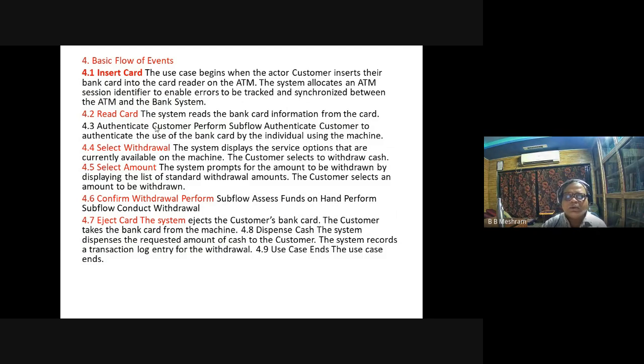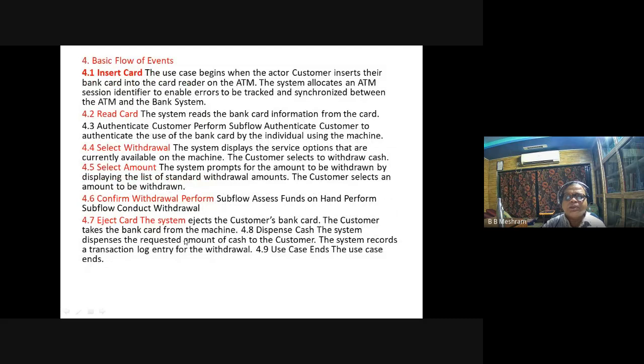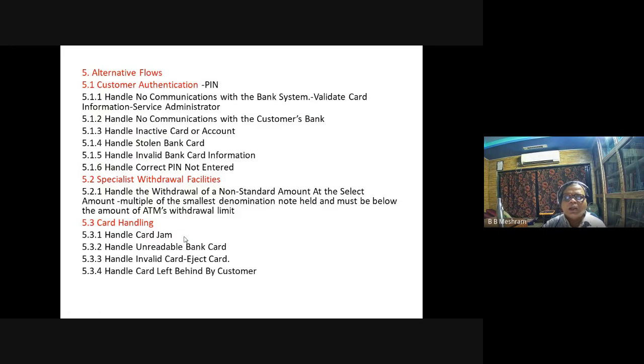Third basic flow event is authenticate customer, which performs the flow authenticate customer to authenticate the use of the bank card by the individual using the machine. Then select withdrawal, select amount, confirm withdrawal, perform, eject card. So these are the basic flow of events: insert card, read card, select withdrawal, select amount, confirm withdrawal, perform, eject card. Alternative flows: